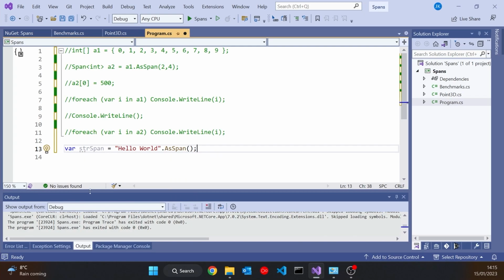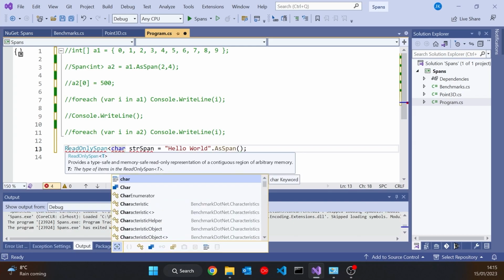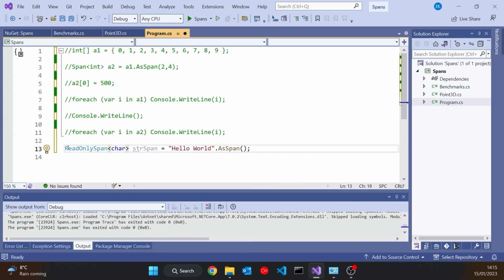So that will give us our strSpan. And if we look at the type of that, you can see it's slightly different because this is now a ReadOnlySpan of char because it's a string.